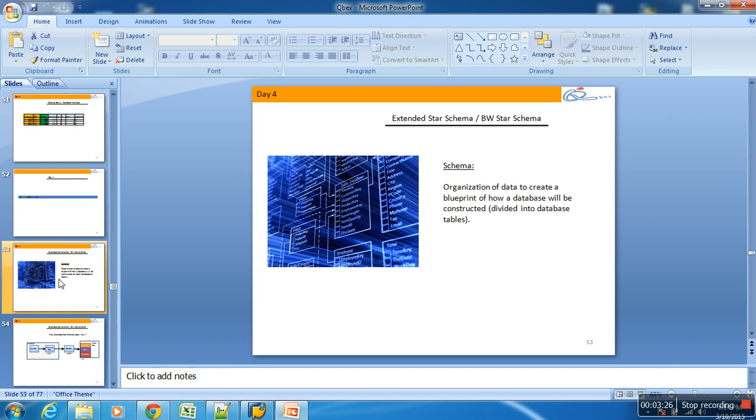So they start grouping those tables to enable you multi-dimensional reporting. But how we should join those tables, how these tables should be grouped, is what is explained in the extended star schema. So SAP uses this schema, extended star schema or BW star schema, which defines how the tables have to be structured, how the tables have to be joined, what the structure of each of these tables should be, to enable multi-dimensional analysis for you.